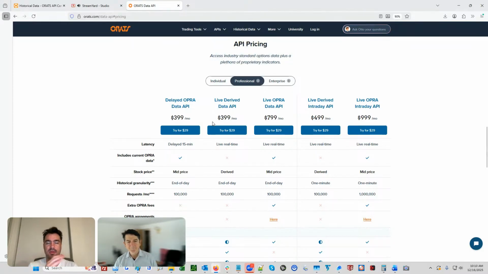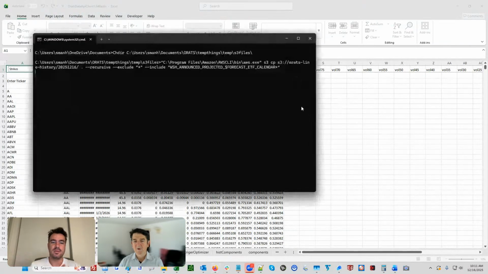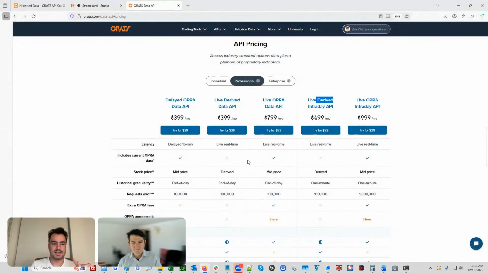Professional has a few more options because we can get a little bit more granular. In addition to all the same things that we offer the individuals, professionals can also get derived data. A professional who's getting all the same data as an individual is going to have to pay licensing fees and charges to OPRA and the other exchanges